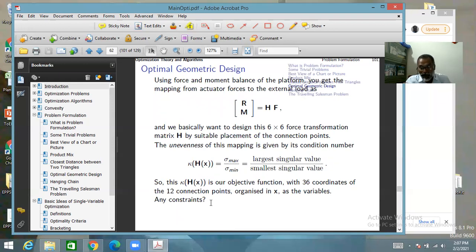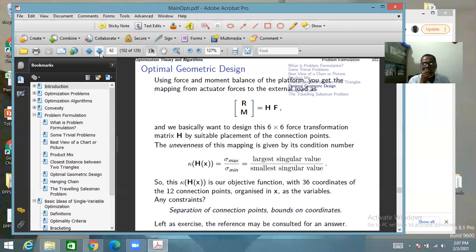All the points should not come very close and the points should not be too far away. Okay. So such mundane constraints you have to formulate and put together. Try to spell out and enumerate what constraints for the XYZ coordinates of the points you should have. And this is the reason